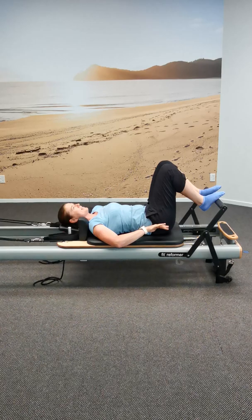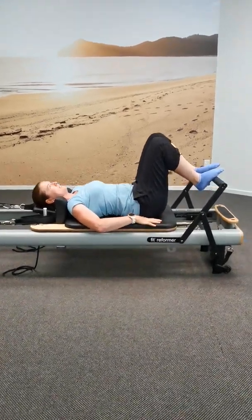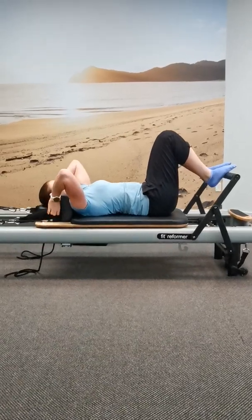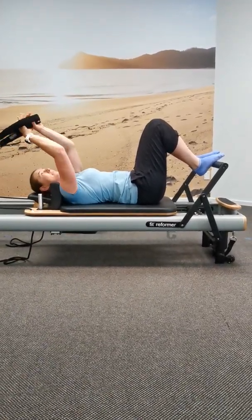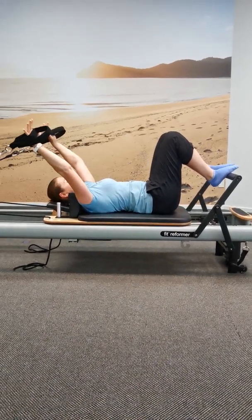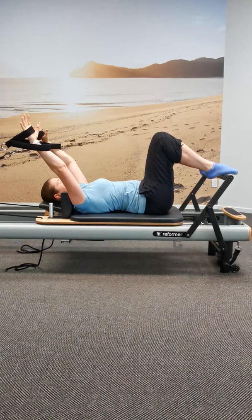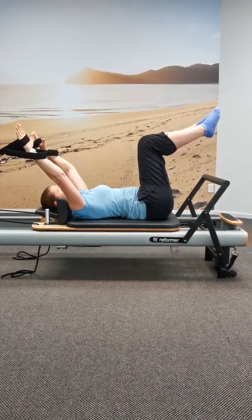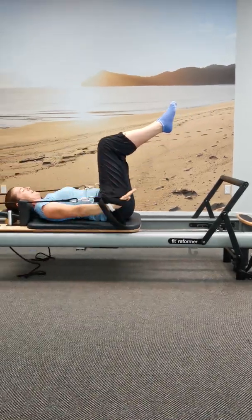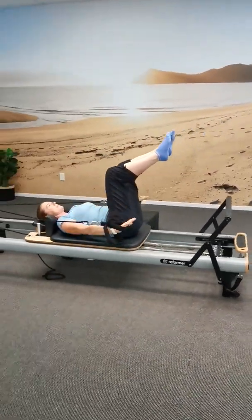So thumbs on the outside of the hips and fingers, just to check that I've got the same distance on either side. Grabbing onto the handles here. For our arms, we'll use the short ones. Legs up at tabletop position. I just need to wriggle down a little bit to get the shoulders away from the shoulder pads, and we're off. So we can do arm exercises,